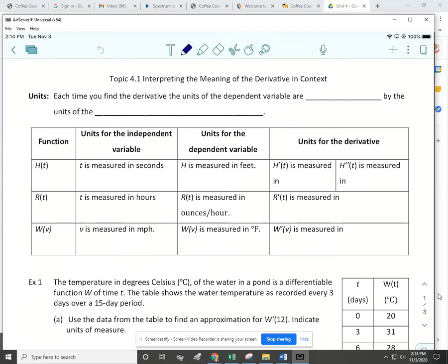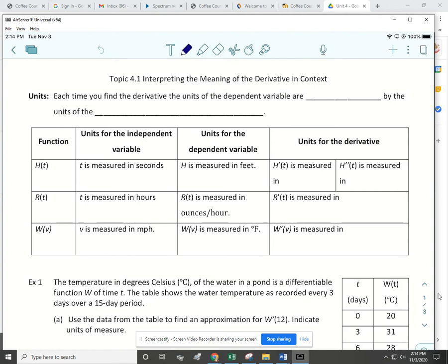All right, this lesson is kind of an introductory lesson to Unit 4. And Unit 4 is about applying the derivative. So we've found all kinds of derivatives, but now they're going to be attached to some kind of application. So this one is interpreting the meaning of the derivative in context, and a big part of this lesson is